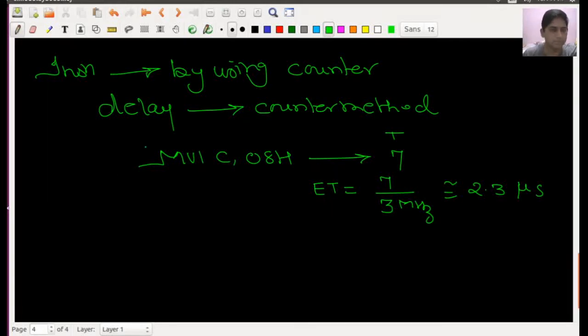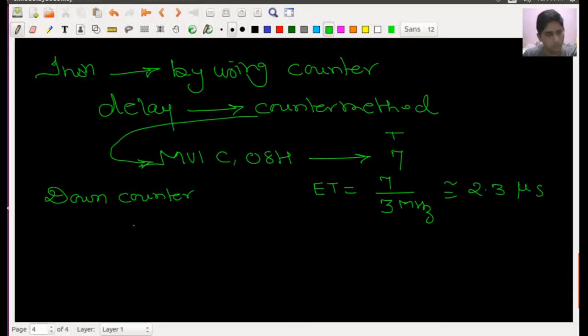Okay, if I introduce the counter method, we will talk about the down counter first. The down counter says that you take a count value. If I am taking the same example, I am taking an 8-bit count value.